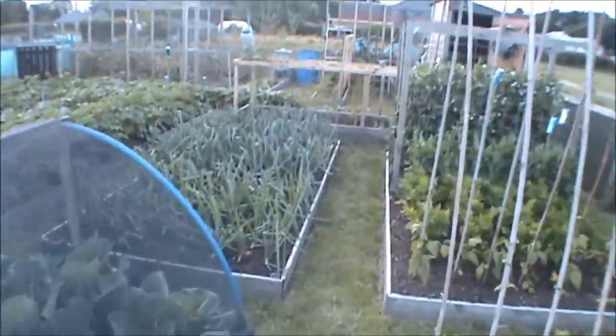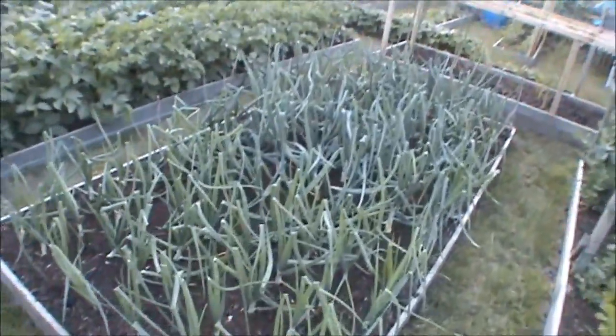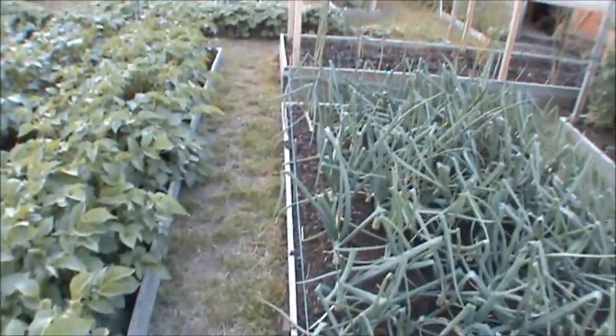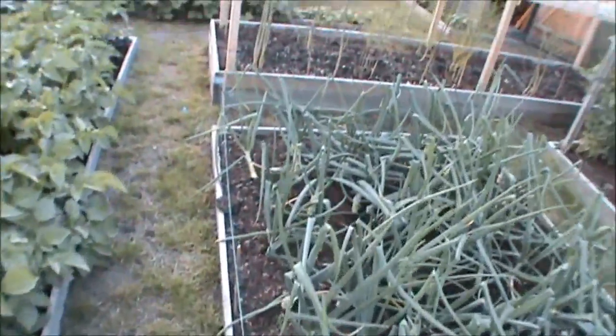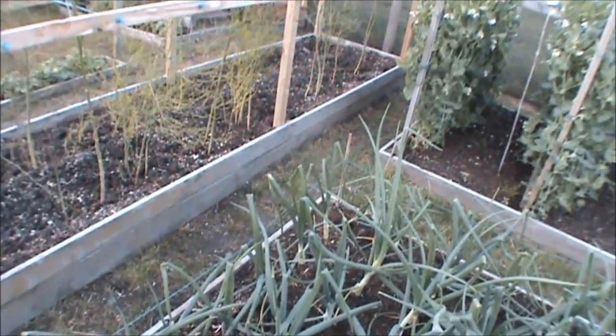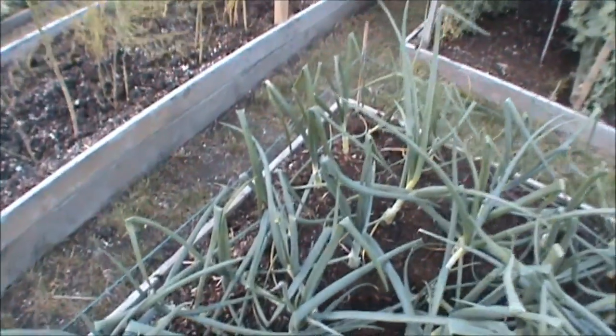The onion bed. It's taken an absolute battering since I took the net off. I wish I'd have left it on now. I've kind of put a string around the outside, stop all the tops coming over onto the path. I've got one that I can see so far that's